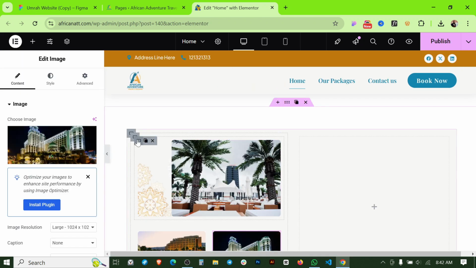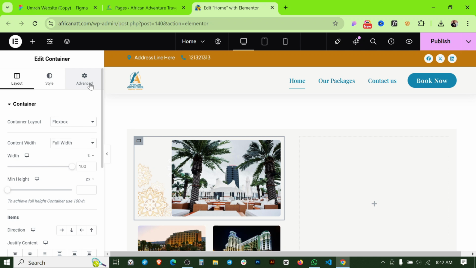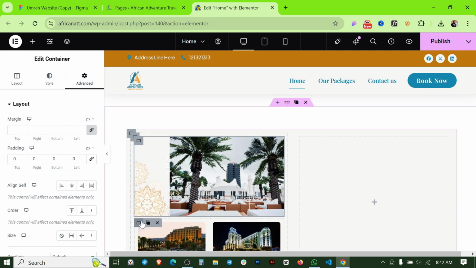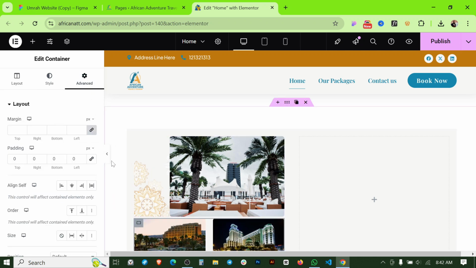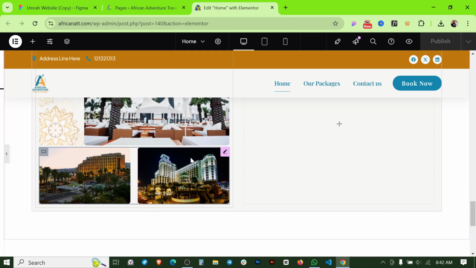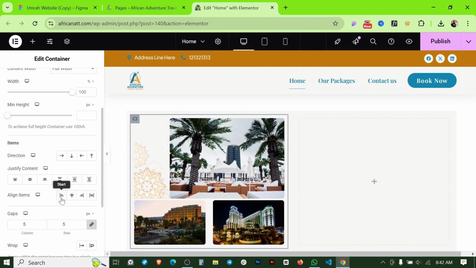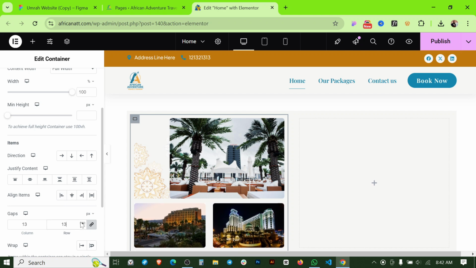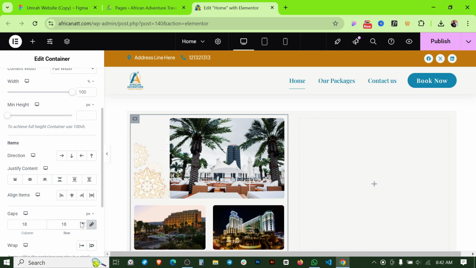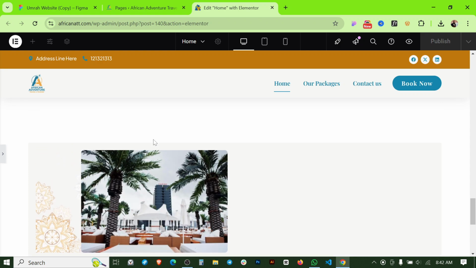So if I click on this container and let's make it to 5, or if I uncheck this like that and also uncheck this padding, okay, there is less padding here. So what we can do, we can click here this one, and if I make it to 20, I think the gap is equal for each image. So we're done with here,